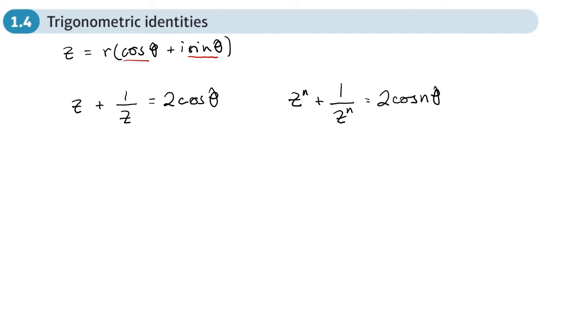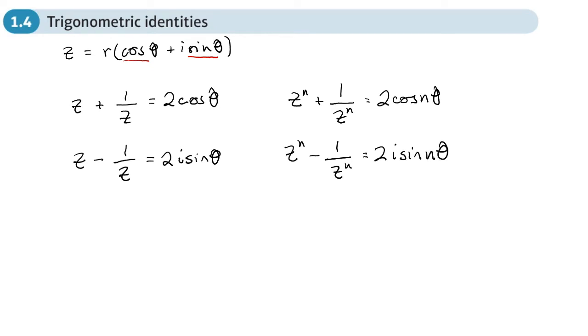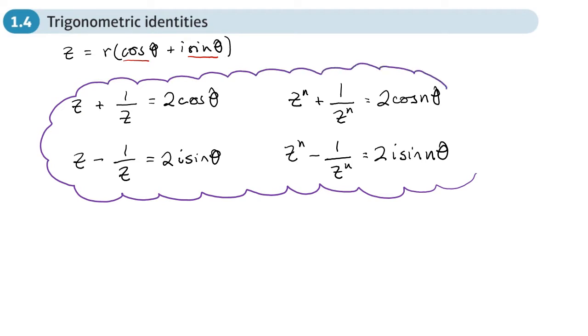And another trig identity is if you've got a complex number minus 1 over the complex number, you'll always get 2i sine theta, and again with powers, z to the n minus 1 over z to the n will give you 2i sine n theta. So these 4 trig identities are going to be very useful